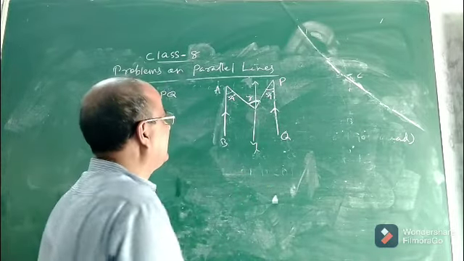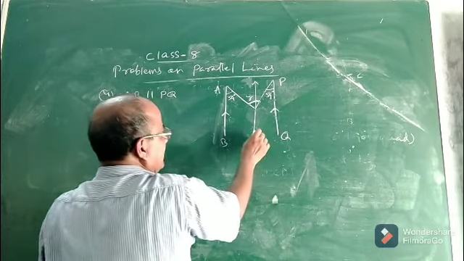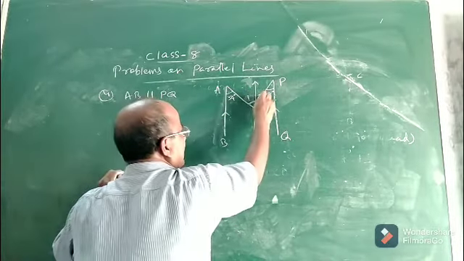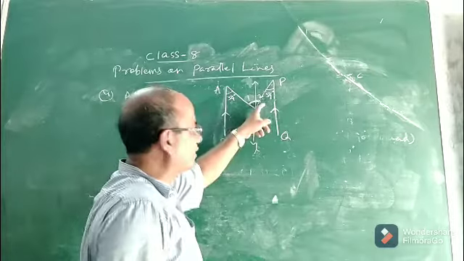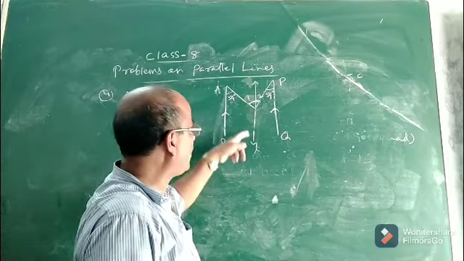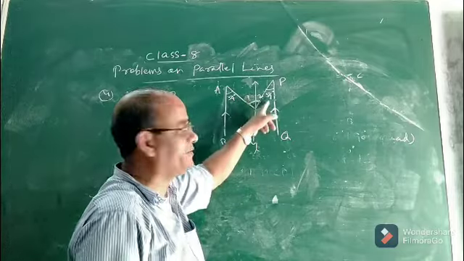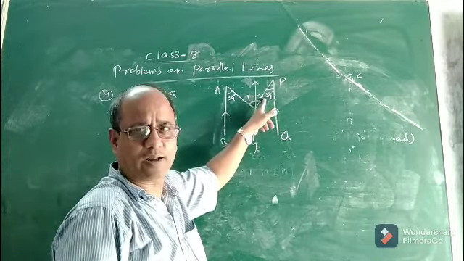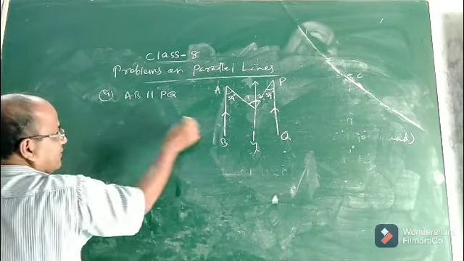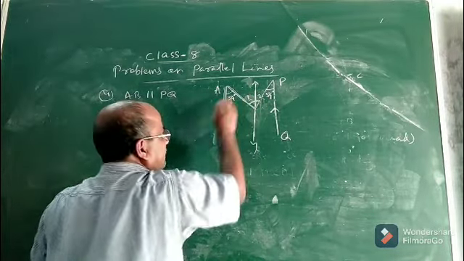Now see, children, if L is parallel to AB and L is parallel to PQ, then, suppose this is angle 1 and this is angle 2. Now the total angle is Y. The whole angle has been divided into two parts when we draw a parallel L to both AB and PQ. Let the two parts be angle 1 and 2. Since L is parallel to AB, these two lines are parallel and this is the transversal. Look at angle 1 and 59 degrees.